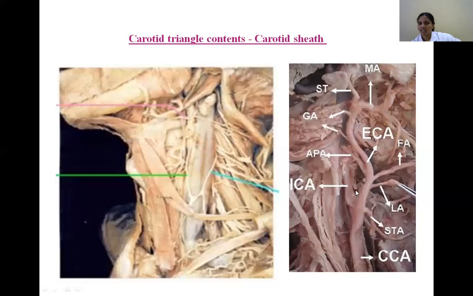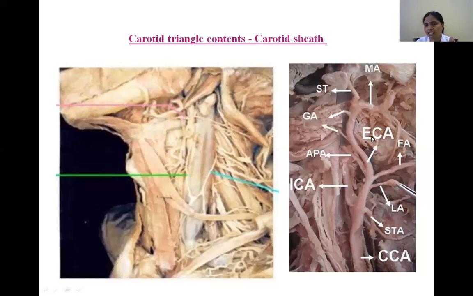And here you identify the branches of the external carotid artery. Because in the neck, there is not a single collateral branch from the common carotid artery or internal carotid artery. Clear? Only branches derived from the external carotid artery. That's why to fulfill the nutrition for the neck, the other artery helping us is the subclavian artery, by giving the thyrocervical trunk. So what are the branches of the external carotid artery? If you do a deep dissection of this carotid triangle, we can appreciate all the branches of the external carotid artery.